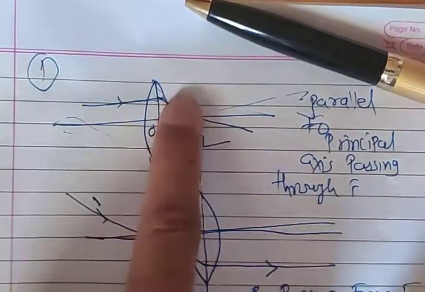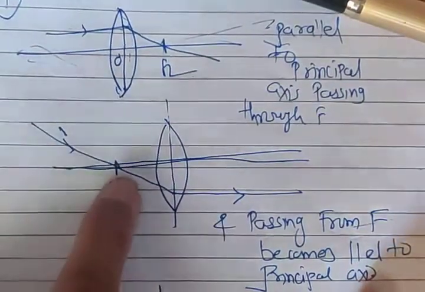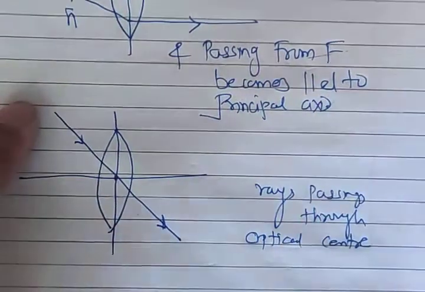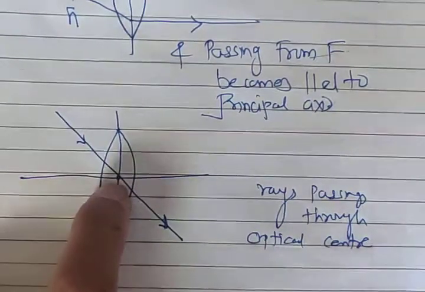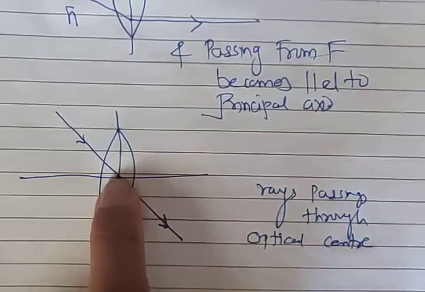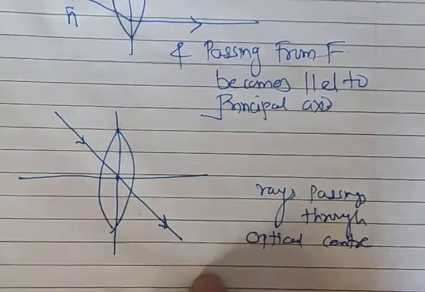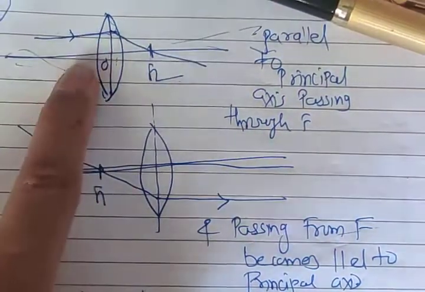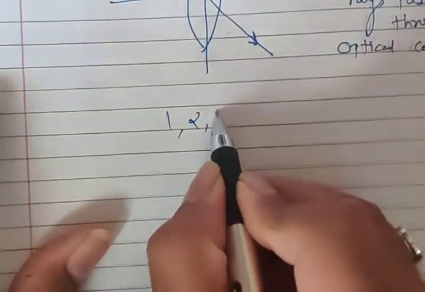In the first, a ray which is parallel to the principal axis is going to pass through the focal length. Any ray which is passing from a focal length is going to become parallel to the principal axis. Any ray which is passing from the optical center, as per the Cartesian sign we have learned, it is called a center. So that same center, the ray which passes through it, is going to pass without any deviation. So we have once again learned ray number 1, ray number 2 and ray number 3.